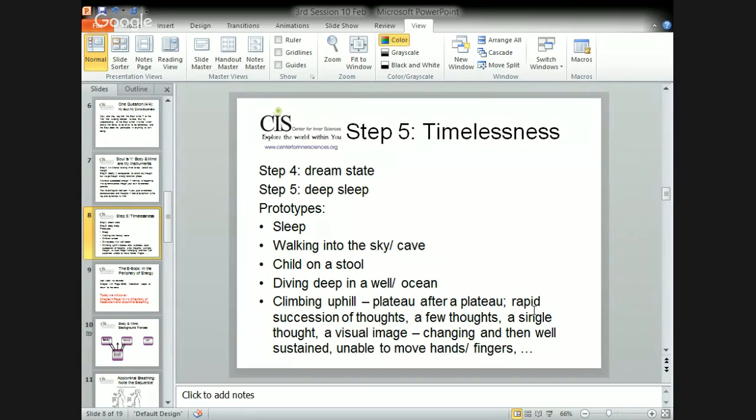Now, as you go through this journey of fourth to fifth, look at these milestones: rapid succession of thoughts. Now there is not so much of thoughts. One discrete thought comes, you are able to get away from it. You buy some time. Then a second thought comes. Now you have made progress. Not too many thoughts, one after another, a few discrete thoughts. And then a single thought. That's where this gentleman was.